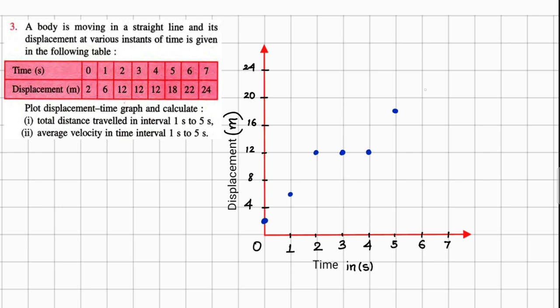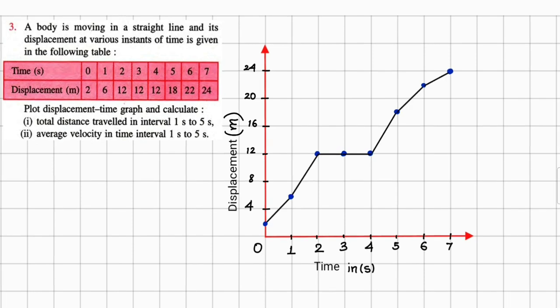6 seconds it is 22, and for 7 seconds it is 24. Now let us join these lines, these dots. So we have joined the dots. This is the graph. Now they have asked you total distance traveled in the time interval 1 to 5